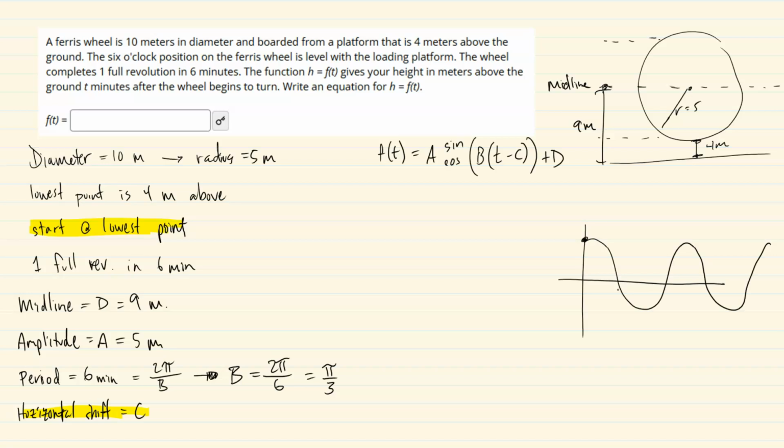But what we're dealing with is the starting point is at its lowest point. So it's actually kind of inverted. It'll look something like that. And how we get the starting point at t equals 0, time equals 0, at its lowest point of the Ferris wheel, essentially,